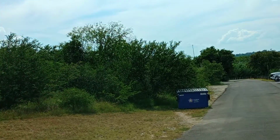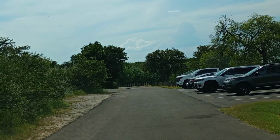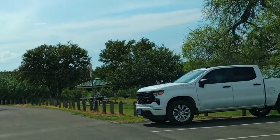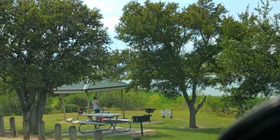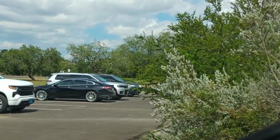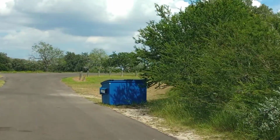Coming on around to the Cave Swallow Cove day use area here. Got some covered picnic tables over there. Pretty easy access to the water down there. Most of these areas have their own dumpster, so if you need to get rid of your trash,